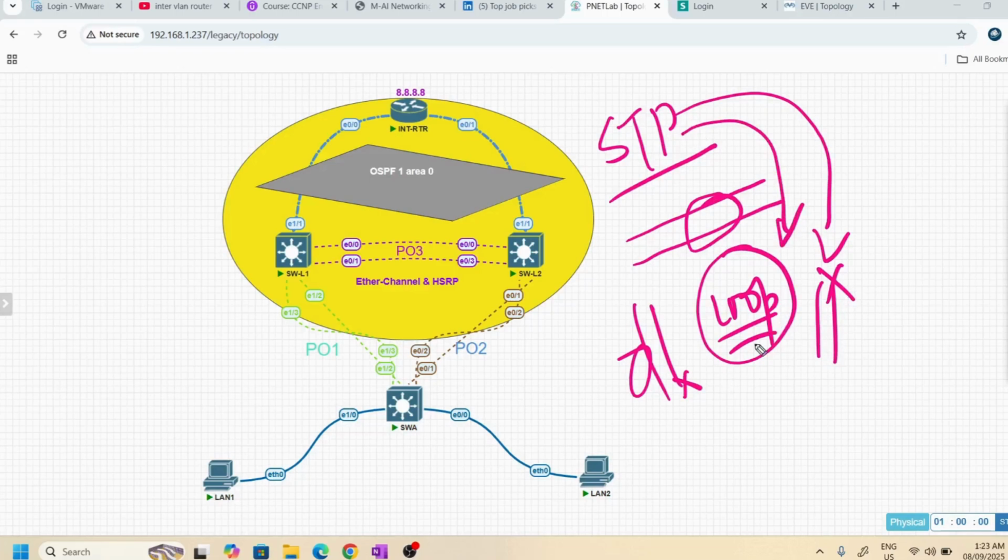But if you bundle them as a logical link, STP is still there, but it does not block the port. It will use all of the ports and consider this as one logical link, a group of one port channel, and the other side also observes that it is a group of member ports in one port channel. So this is the thing actually.